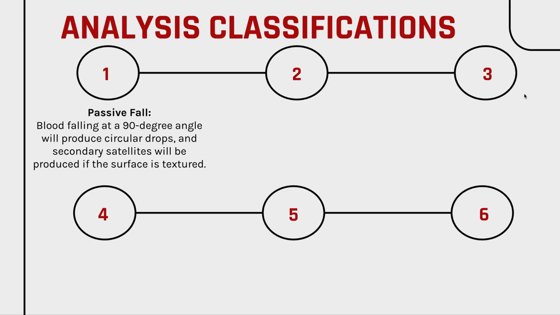So there are 6 main classifications that we look at when we find a blood spatter pattern. The first is what's known as passive fall. Blood falling at a 90-degree angle will produce circular drops, and secondary satellites will be produced if the surface